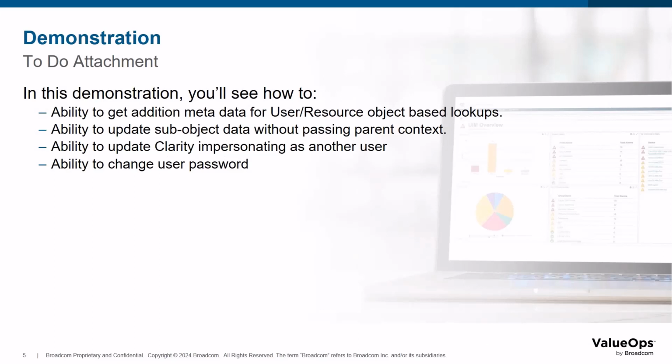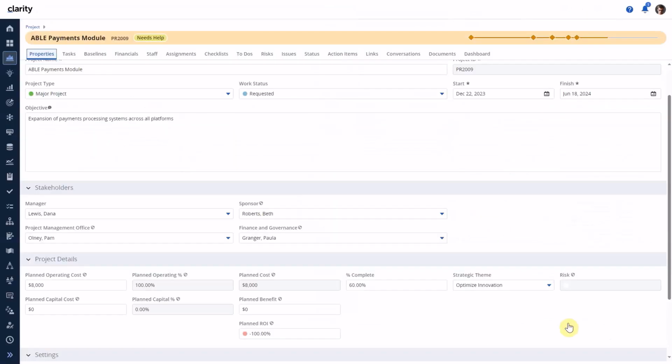So to begin with, I am going to go in and show you a specific project right here in Clarity. It's the Able Payments Module project, and I have the manager Dana Lewis and the sponsor as Beth Roberts. If I am integrating with another application and I wanted to get more information about Dana Lewis using an API such as the username and so on, now I can do that by essentially making that call. So for that, I'm going to go into my REST API client,